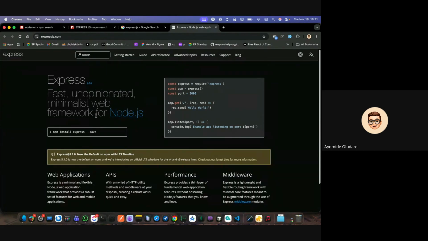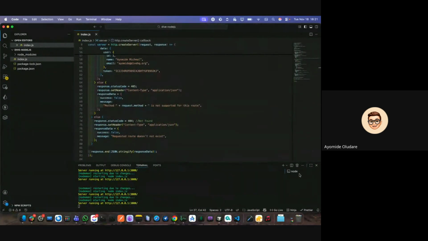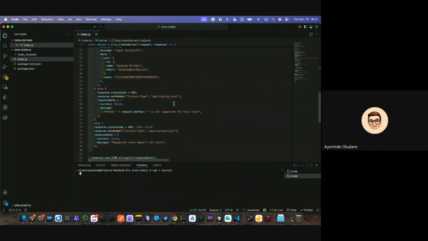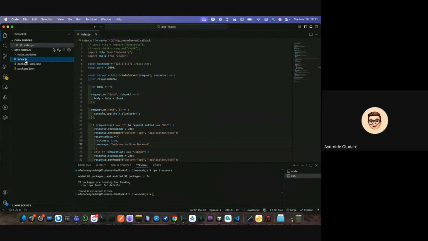To start, we'll install it by calling npm install express, which we can do in a new terminal. Everything we've done here, we'll be doing with Express. So let me just copy this and then say